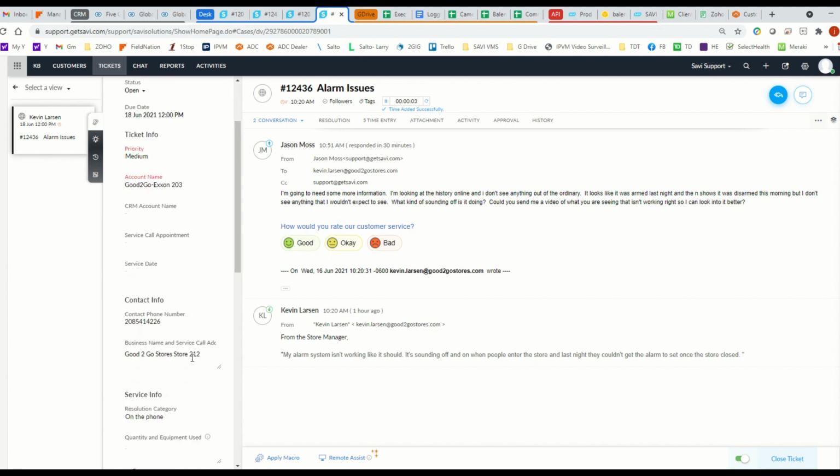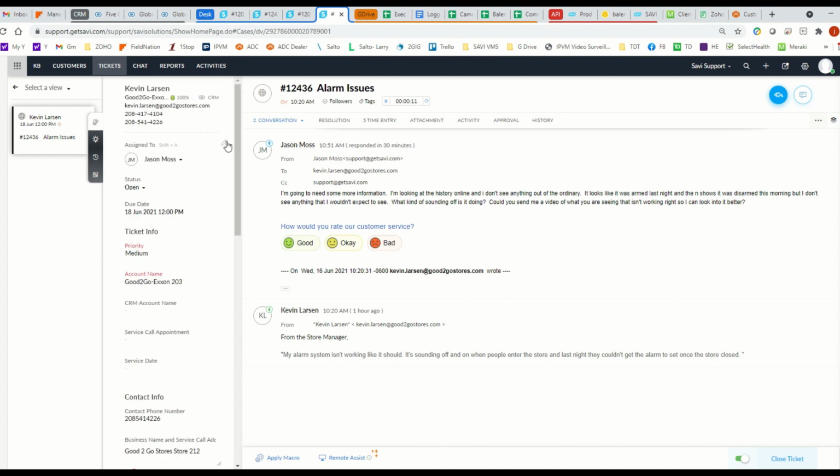And that's the main thing you need to know, but you do need to update this to the correct account whenever you find out what it is. So if it's not 203 and it's actually 212, then I'm going to have to go to the edit button and change that to the right account, which you can